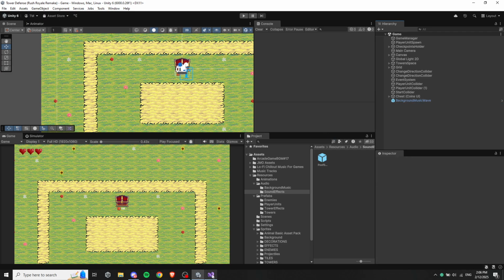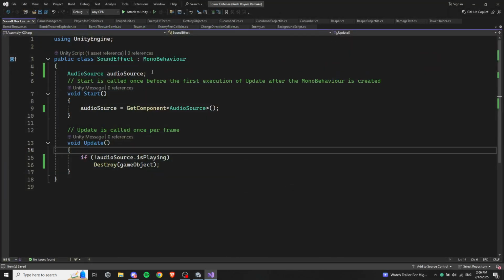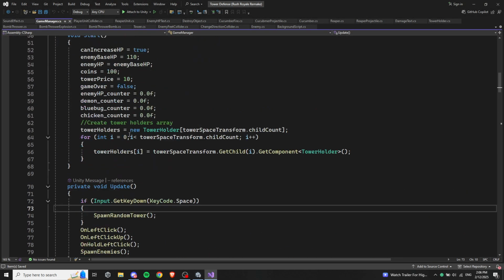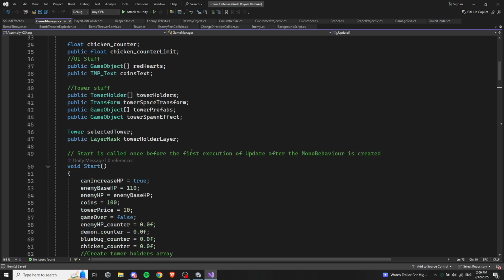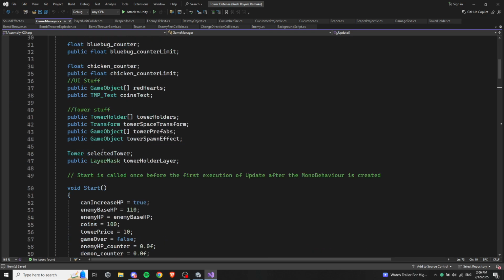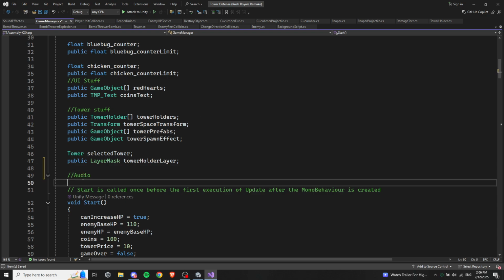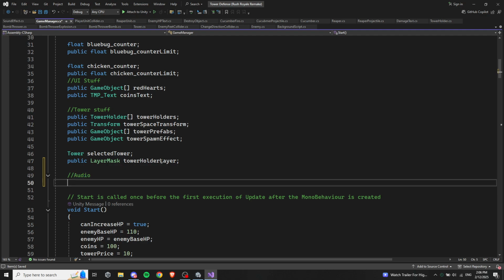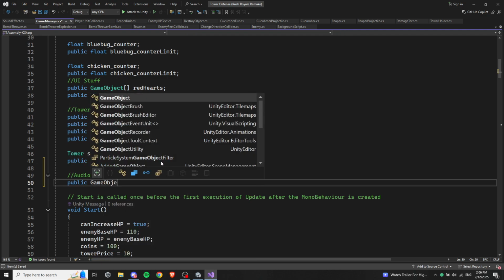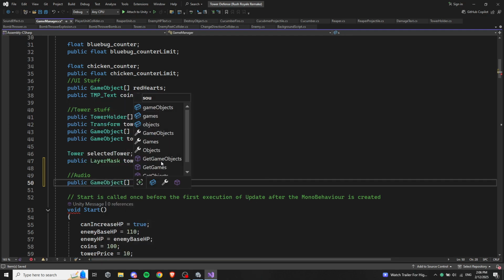And when we spawn these towers in the game manager, we want to do that. So let's create a sound, or audio. Let's comment here audio and create an array with the sound effects. So public GameObject sound effects,